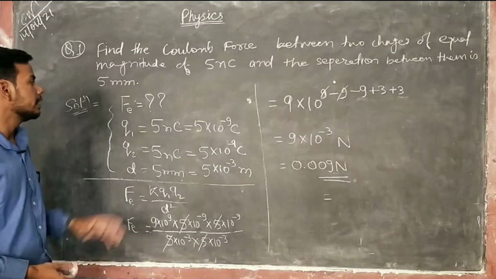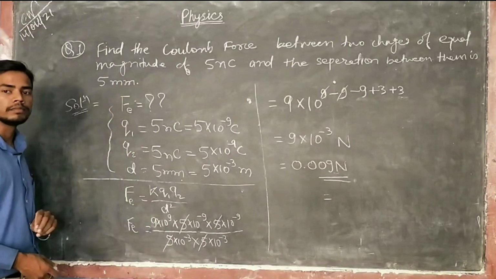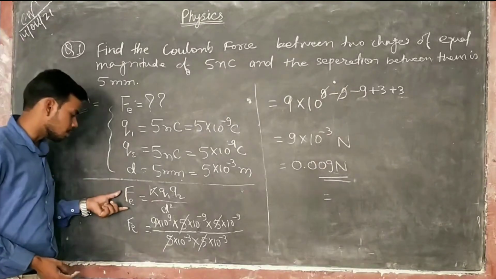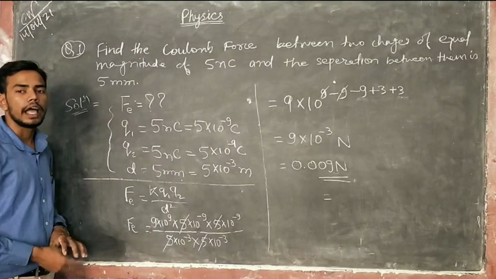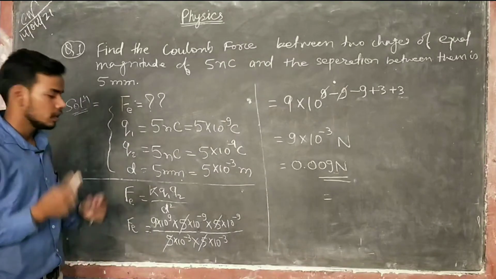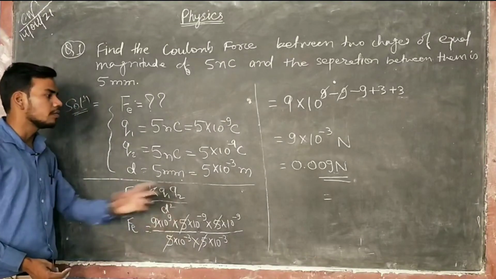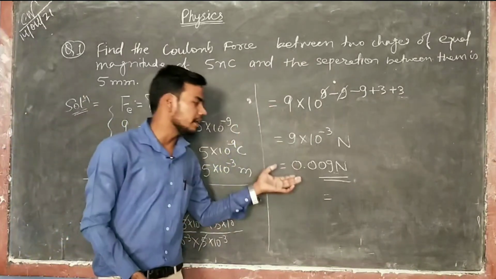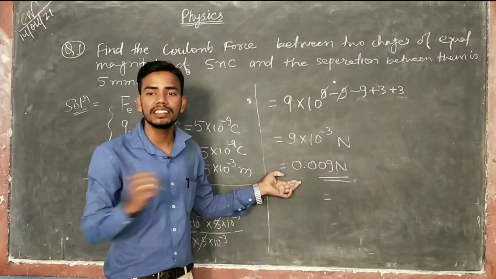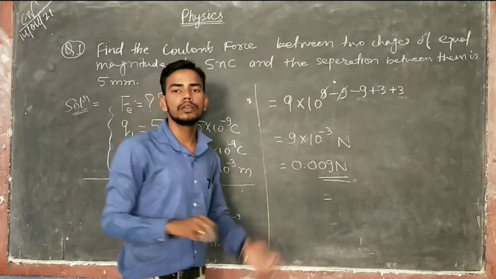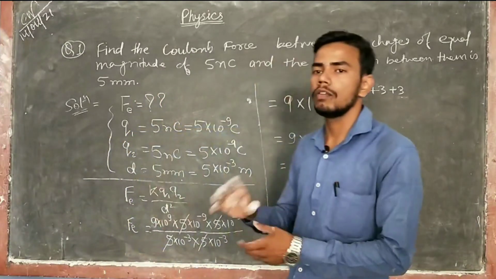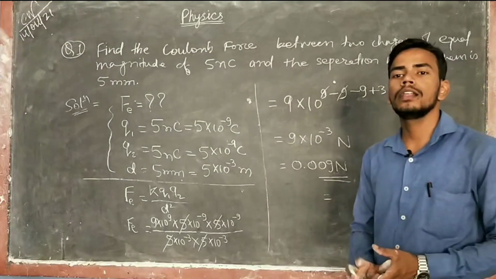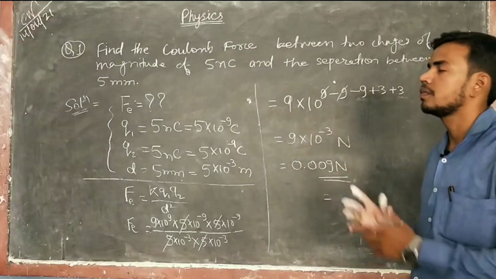First of all, what we have to do? We have to take the data from the question. Second thing, we have to put the formula over there. And the third thing, we have to put the values over there. And finally, we have to calculate till we get the answer. Okay guys? So this would be the way of calculating any kind of numerical, any kind of problem based upon